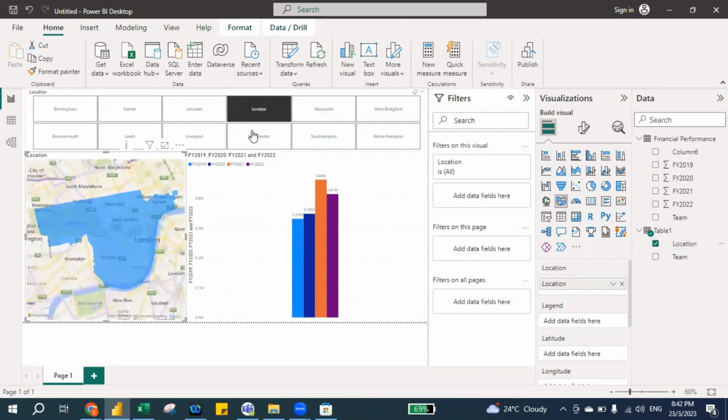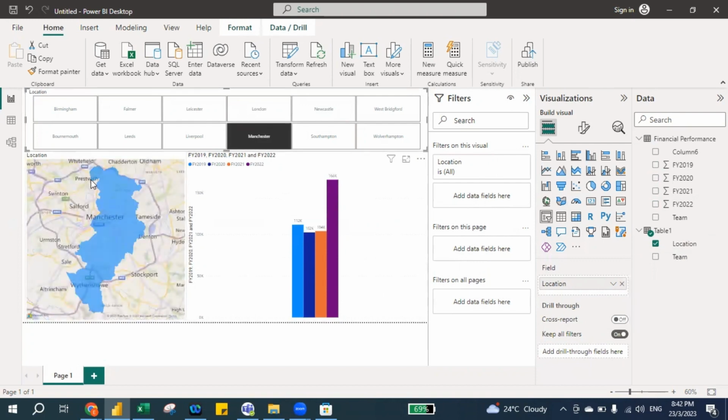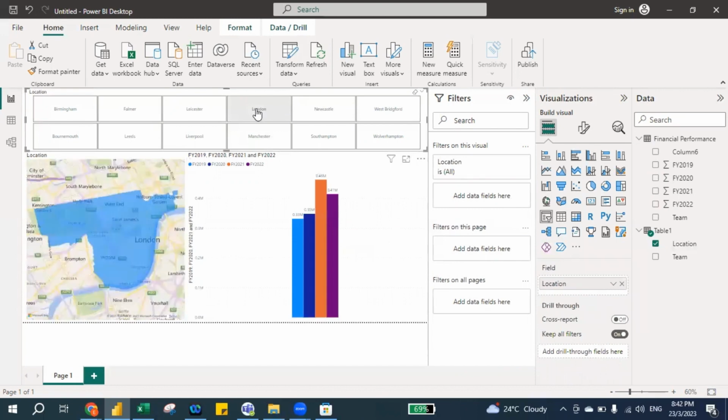So when I click, just say, Manchester, you will notice that the graph changes as well, and it shows a Manchester map. So if just say I were to click maybe Leeds, when I click Leeds, the map shows Leeds, and you will notice that the graph will show a Leeds performance as well. Okay, again I repeat, so if just say I click London, when I click London, you will notice that the graph has changed, and also the map has changed accordingly. All right, okay, so